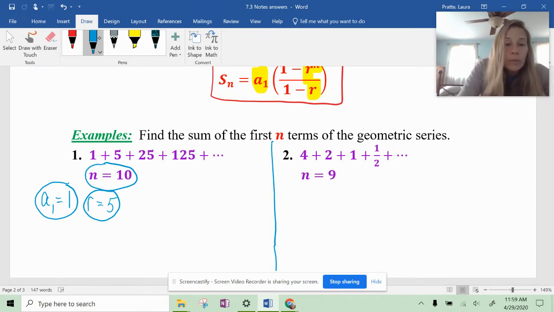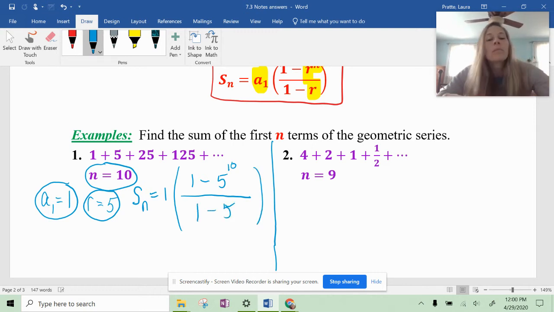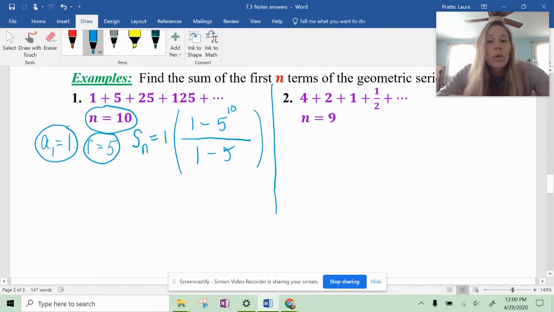So first thing I would do is fill in the numbers, right? So a sub 1 is 1 on the outside. Then inside the parentheses, you're going to have 1 minus 5 to the 10th power. And then you're going to have on the bottom 1 minus 5. Okay, so now when you're working this out,